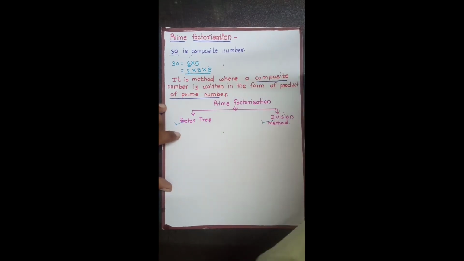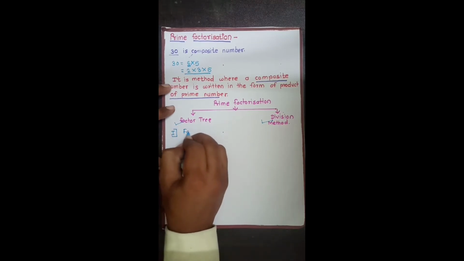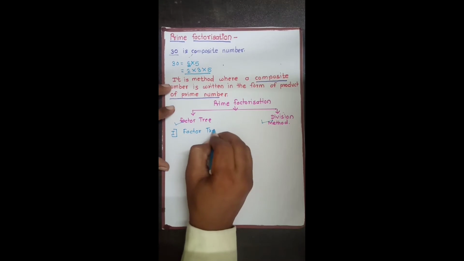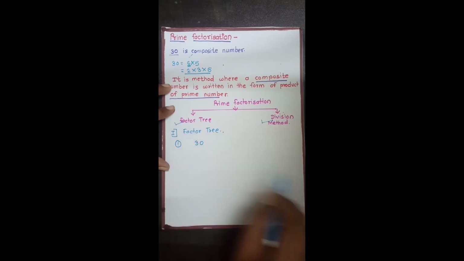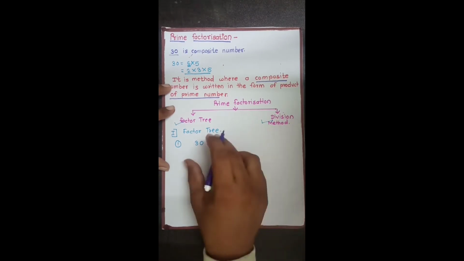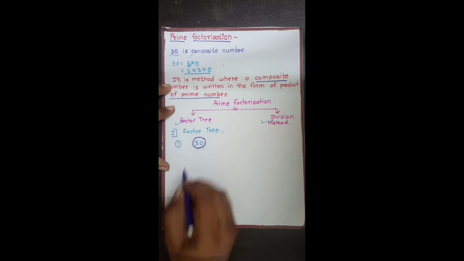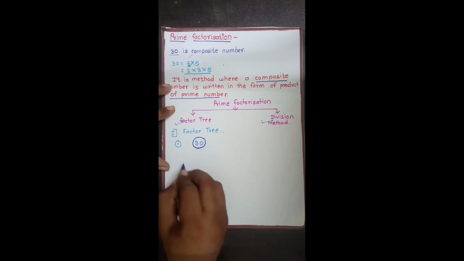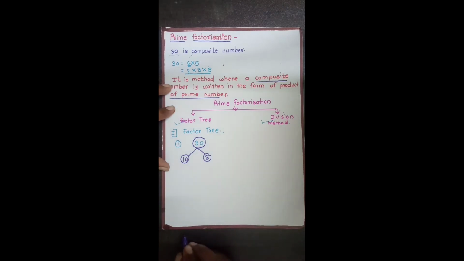सो लेट अस सी द प्राइम फैक्टराइजेशन ऑफ 30 बाय फैक्टर ट्री मेथड. ओके. So let us see how we can have the prime factorization of 30 by factor tree method. So here I will tell you two different ways of 30 only. How can we have prime factorization? So see, simply we can say the factors 10 multiplied by 3 is equal to 30. आपको जो भी मल्टीप्लिकेशन की पेयर याद आती हो वो लिख लो. Now see, 3 is a prime number.